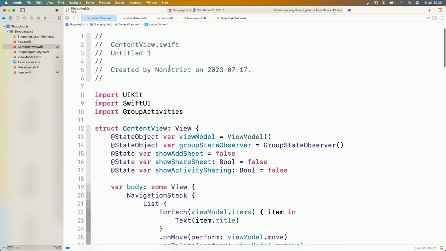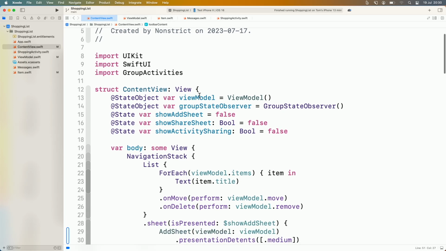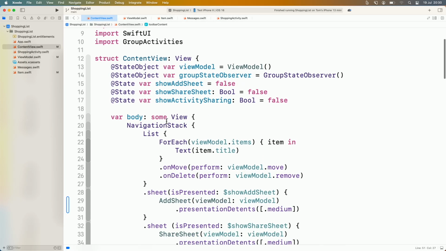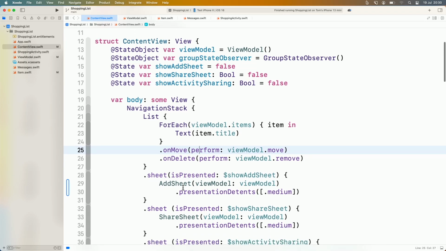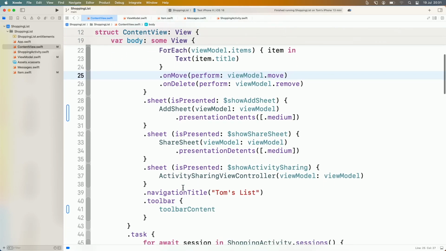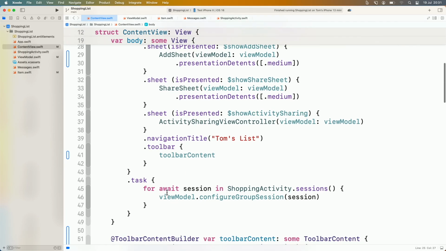And the UI has a view model. It loops over all the items, shows the item, and the user can move an item, delete an item, or reset the items. And then it, of course, listens to the active session that is currently active and connects to that. So the change I made to go from the simple view model to the one that actually uses SharePlay